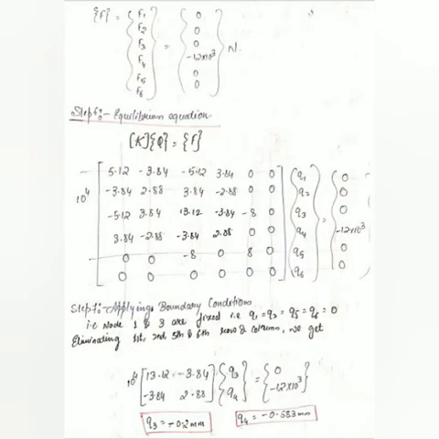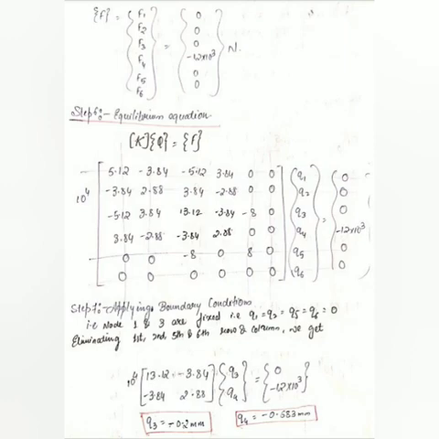force matrix. At node 1 there is no force in the x and y direction, so F1, F2 are 0, 0. At node 2 along the x direction there is no force, so F3 is 0. But along the y direction F4 is acting downwards, so it is minus 12 into 10⁻³ Newton. And again at node 3 there is no force along x and y direction, so F5 is 0 and F6 is 0.